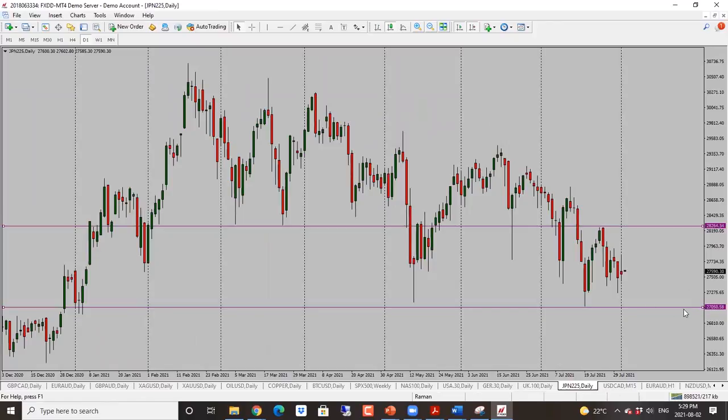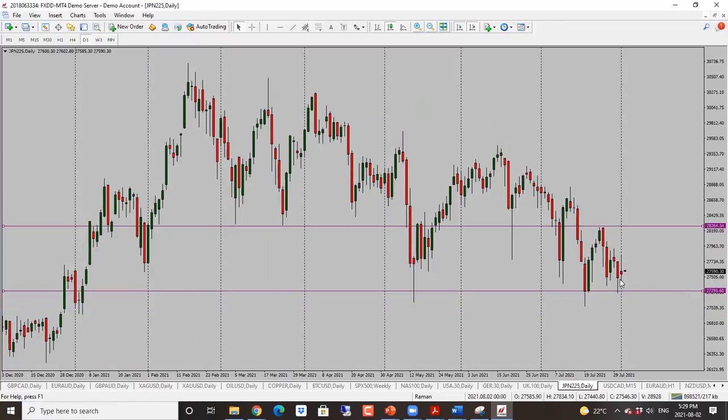And then last but not least, we're looking at Nikkei. Nikkei has gone in both directions here. So bias really is neutral. So I'm looking for retest of the low, and if it doesn't hold, then we're looking for a reversal here. So neutral to bearish bias. Target is 27,300 for Nikkei.